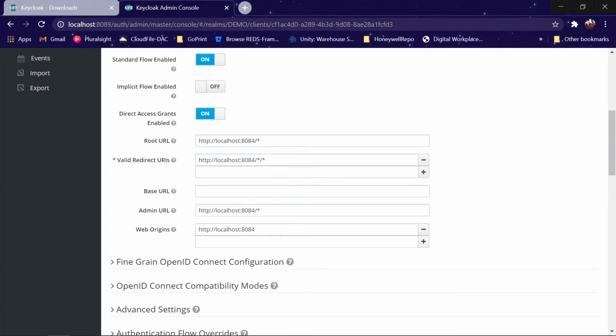So what is this? To have your application reach Keycloak, you have to do the configuration on the application side, so that whenever a person asks to access any of the URLs, you will redirect that to Keycloak. But once that user reaches Keycloak, you have to define the URL where you want to send that user. Let us suppose I try to access localhost 8084. Once I try to access that, it will redirect me to Keycloak to enter the credentials.